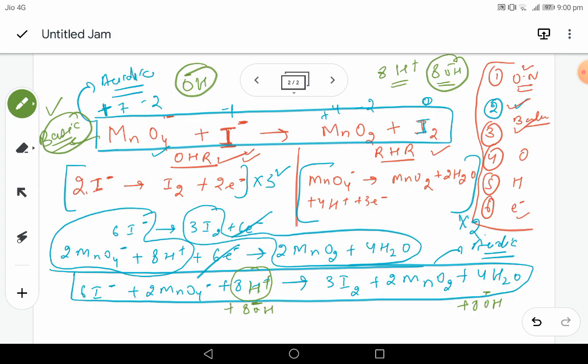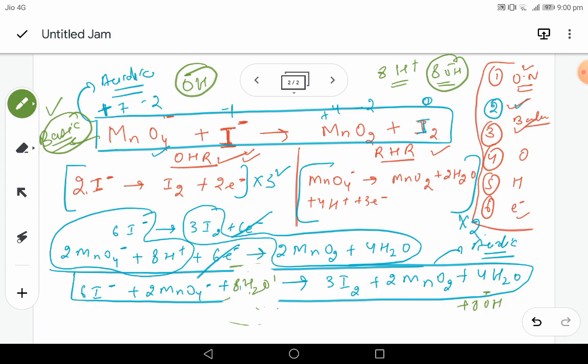Now you all know that this 8H positive and this 8 OH negative will combine and will form water. So how many water molecules will it form? 8. So I am just rubbing it out. You will write it in the second equation. Okay. Now in the second equation, instead of this 8H positive and 8OH negative, we know that it is 8H2O. I have written it with the separate color so that you know from where it has come.